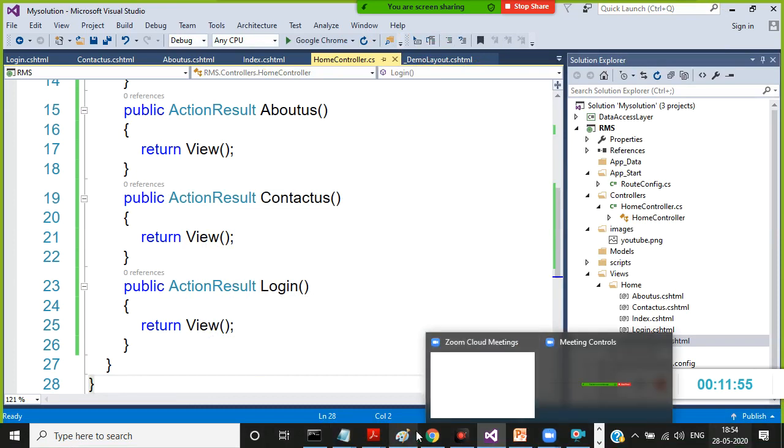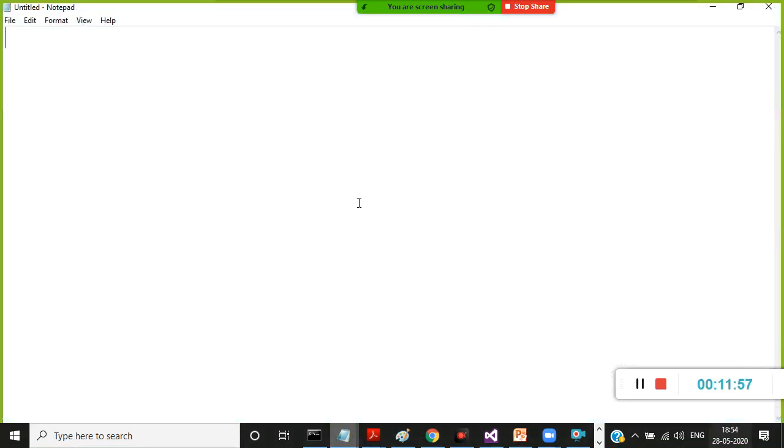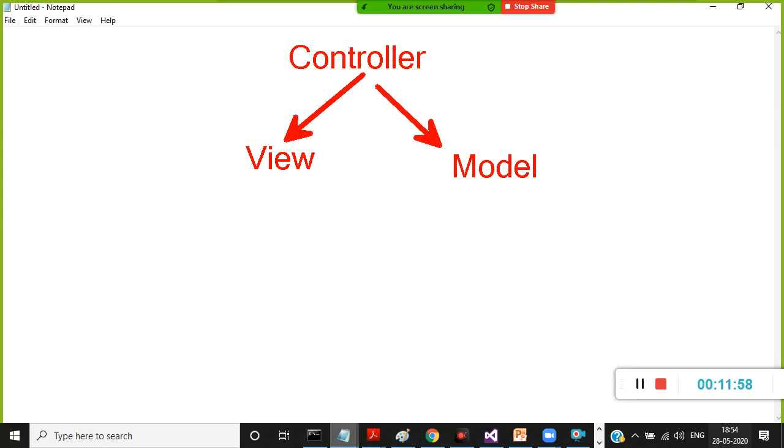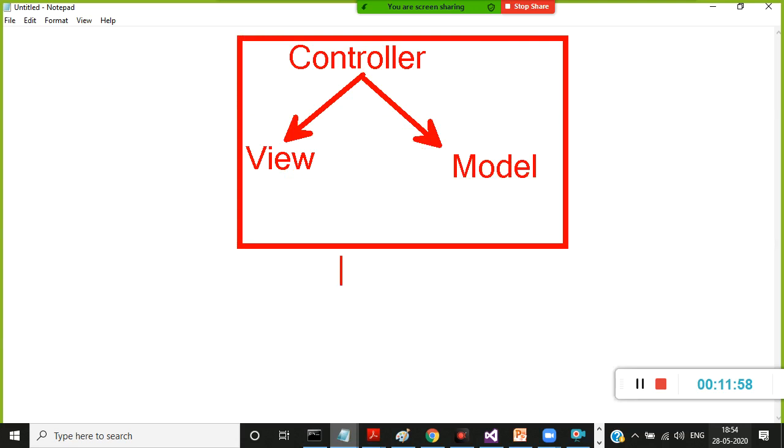Now here this login page is there. Now I want to design one login page. In MVC, we already know that here you have the model, and here you have the controller. I think everyone is good in MVC. Those already having knowledge of MVC can understand this project. Model, view and controller.